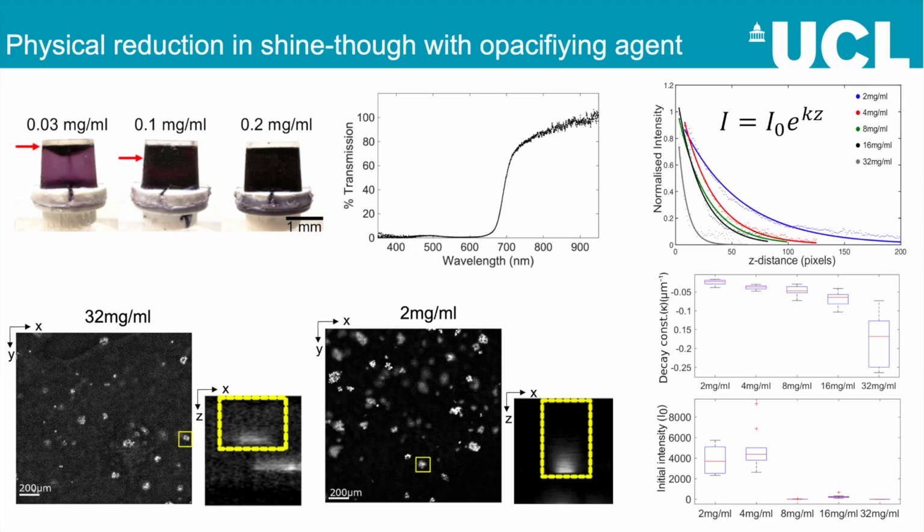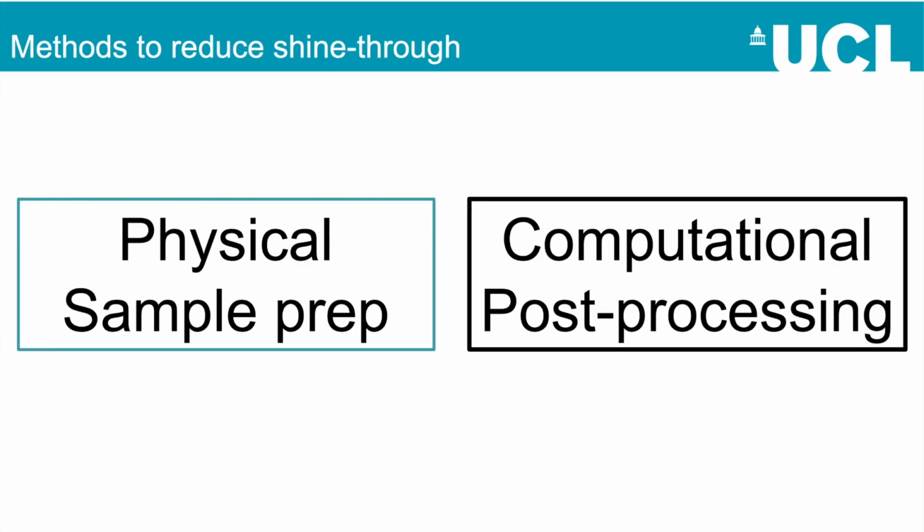And when you look at the images back on the left-hand side, you can see this. It manifests itself as poor signal-to-noise ratio that you can see in the 32 mg per mil by comparison to the 2 mg per mil. In addition to this, we found that when we went to high concentrations, the 8 and above, we had inconsistencies with the resin setting. So this capped us to using a maximum concentration of 4 milligrams per mil, and it meant that whilst the physical sample prep obviously helped reduction in shine through, we were still going to need computational